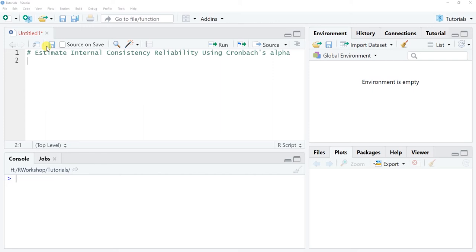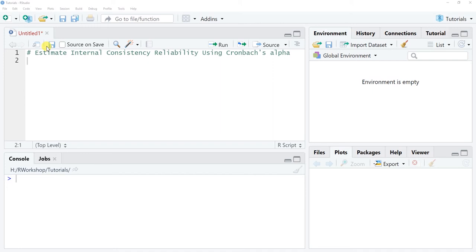Now, of course, just because we are consistently measuring the same thing doesn't necessarily mean that we are measuring the right thing or what we intended to measure in the first place. This echoes the notion that high reliability is a necessary but not sufficient condition for high validity. But nevertheless, internal consistency reliability is a useful form of reliability when it comes to evaluating multi-item scales or measures